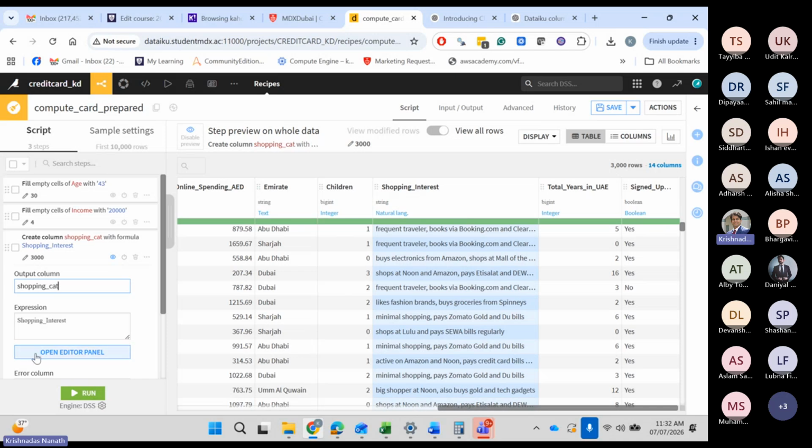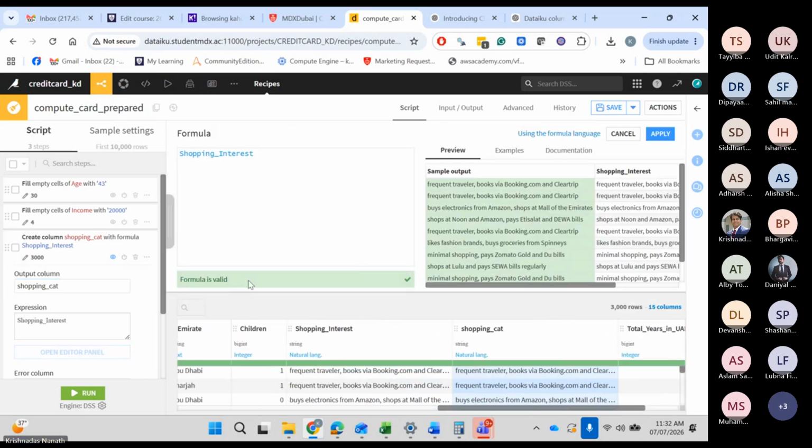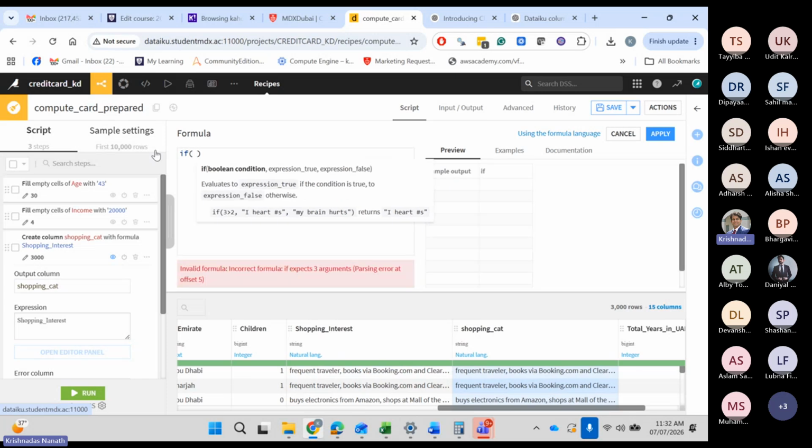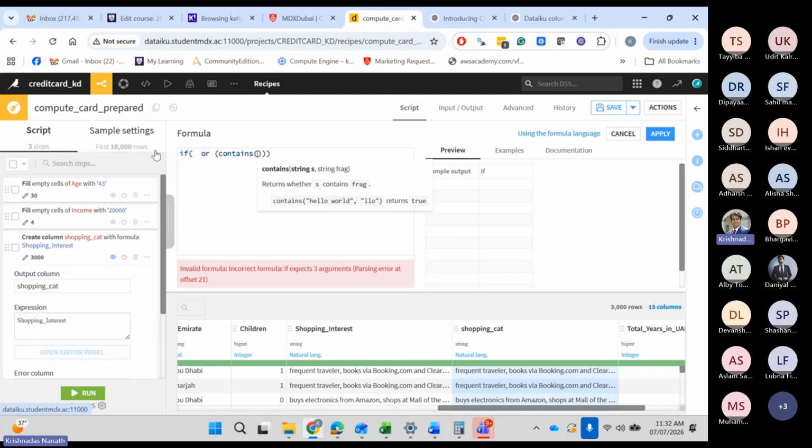And then I will say, click on open editor panel. Okay. And that's where I will start putting in the formula that ChatGPT gave me. If at all you don't want to put the formula and you want to try yourself, you can try on your own. There is an OR function which can combine multiple things together. And then there is a contains function which tells you whether a string is contained in another string or not. But why get into all this when GPT can give you the function itself?